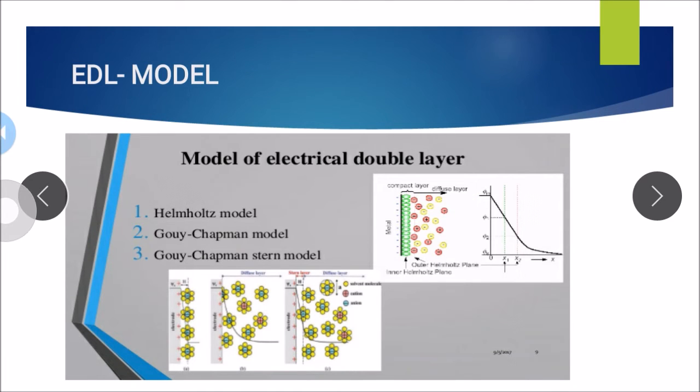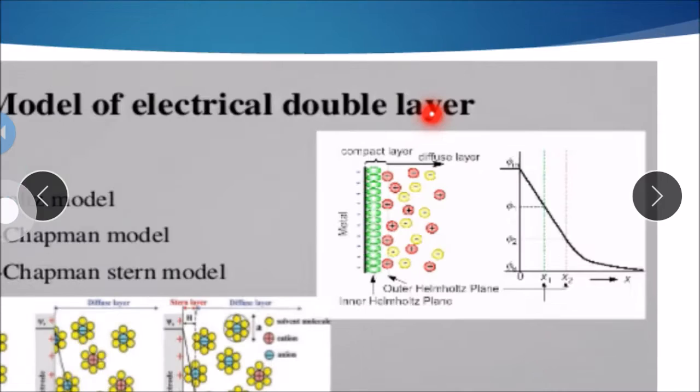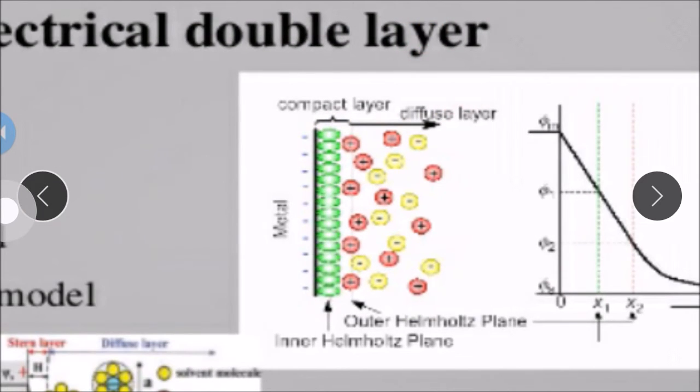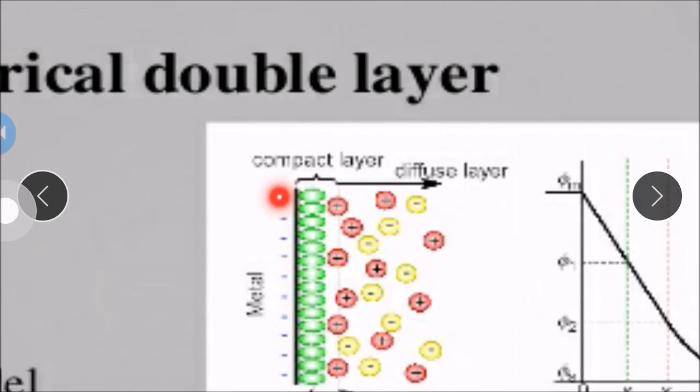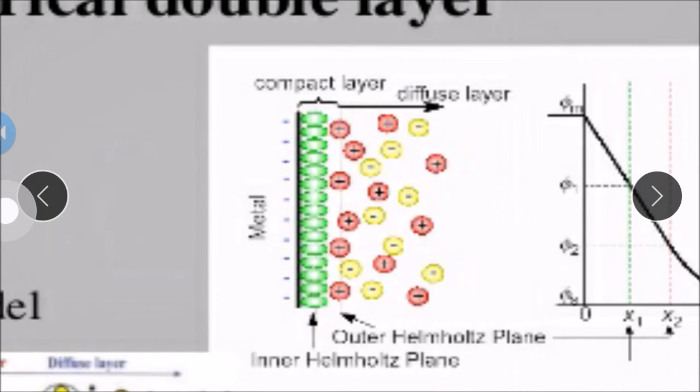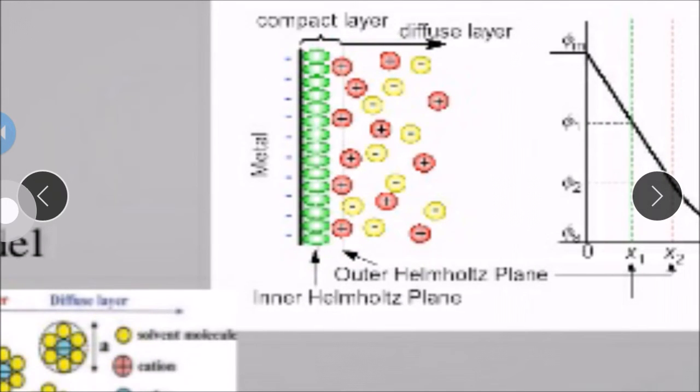Now this is another representation. What are all the types of double layer which are present? So this is one kind of representation. This is the metal which is negatively charged, and the negative charge will automatically attract the positive charge. Then there will be positive, after positive there will be negative, and there may be some diffusion, since the power of the ions will not be carried all over the solution.